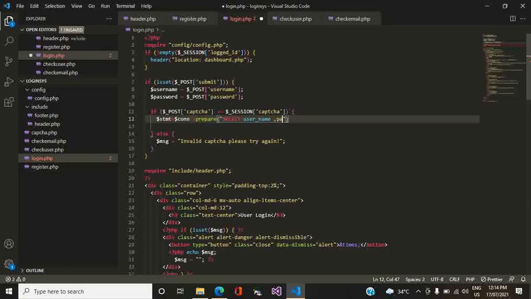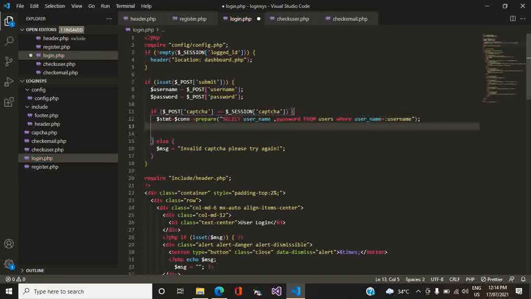Username and password are matched from users where username, execute username, right?